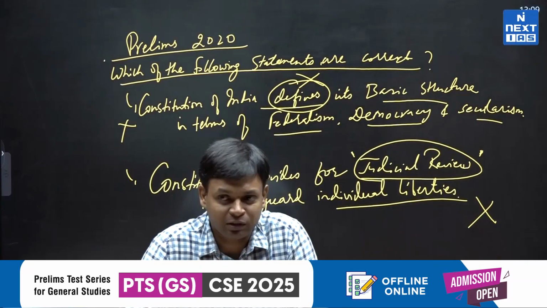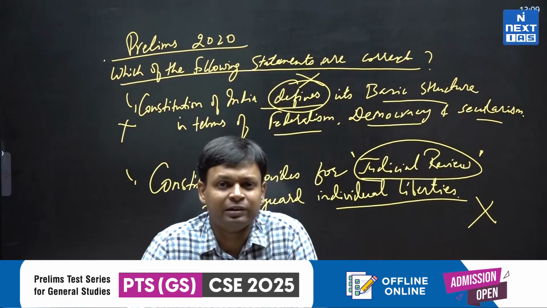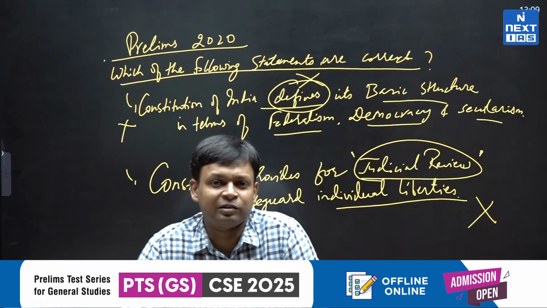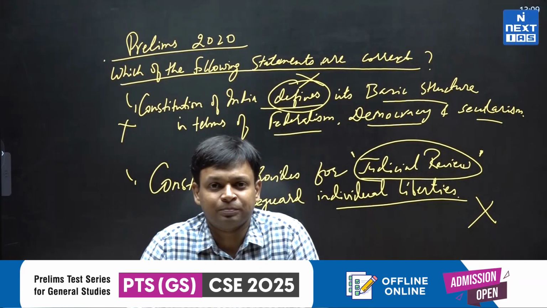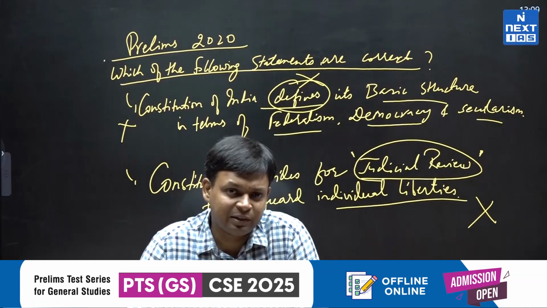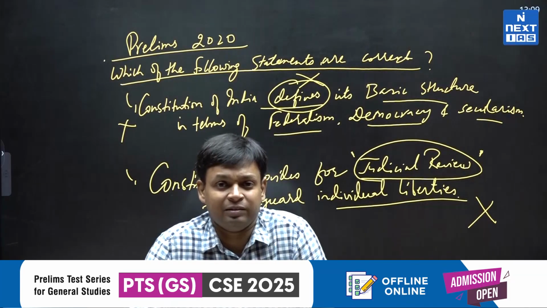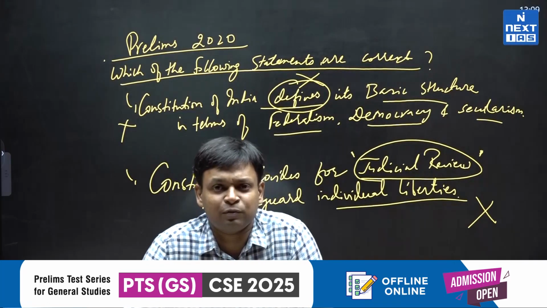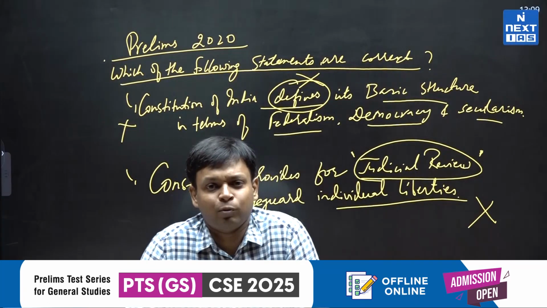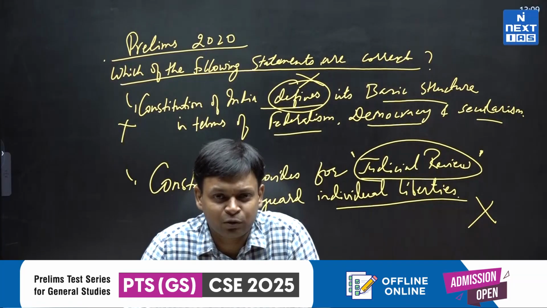So this is a very, very important suggestion to all of you. Study polity in details, go into all analysis, collect case judgments also, but use them in mains. In prelims, remember the judgments. If the question is directly on a judgment, then of course it will be relevant. But while giving an answer to a straightforward polity question, you should go by the constitution. Don't interpret too much, don't think too much.